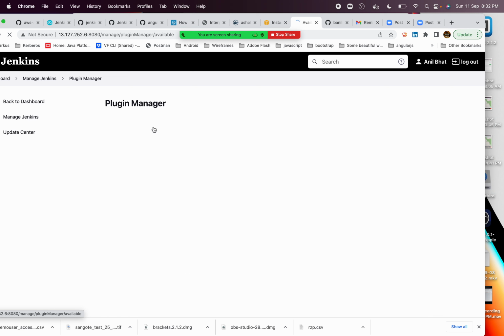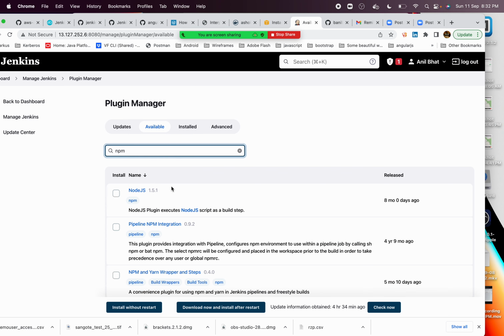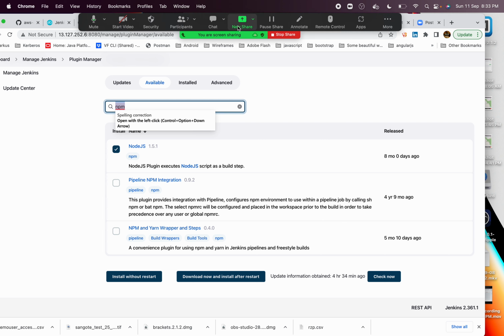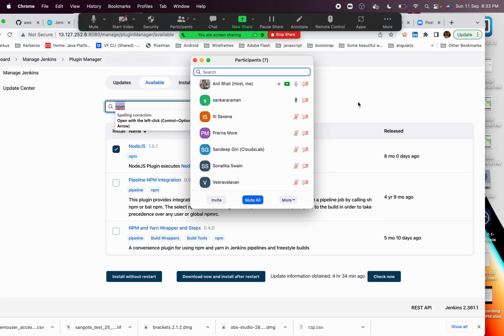So if you want to install more plugins, you can go and click on Available and you can install those plugins. For npm, on need basis, if you want to run something npm specific which requires a plugin, I haven't tried it, but you can search for npm plugins. So you can just go and install the plugins here. For example,